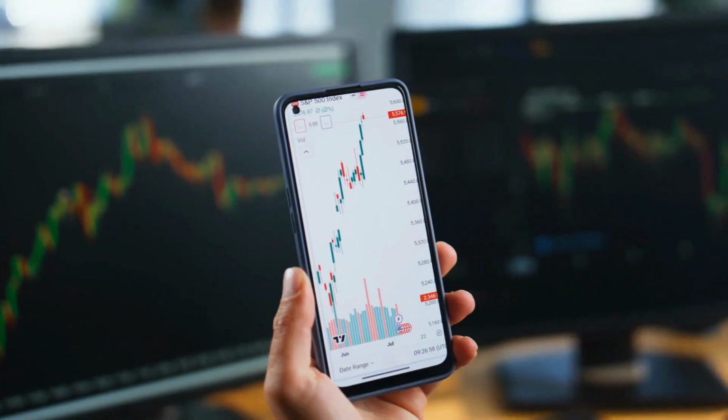I hope you guys are taking notes, right? Because this is very important. This is for beginners, so take notes so you can understand these terminologies. We're going to go into option-specific terms now. You have a call option and you have a put option. The call is the right for you to buy at a set price and the put is the right for you to sell at a set price.